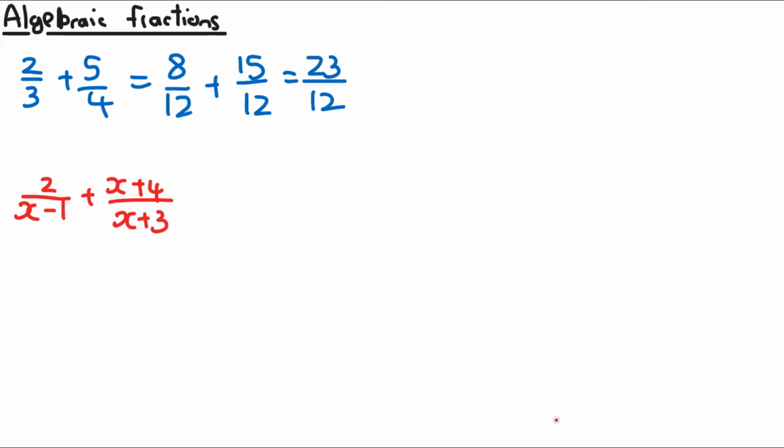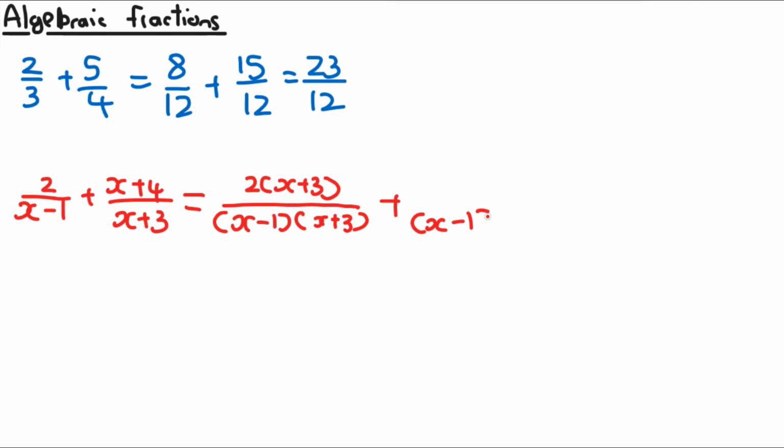And if we wanted to add an algebraic fraction, we also need to make the denominators the same. So here the denominators are different, and we make the denominator the same, so we're going to make it (x minus 1)(x plus 3). So we need to times this whole thing by x plus 3, so we times the denominator by x plus 3 to get (x minus 1)(x plus 3), and then we times the numerator by x plus 3 to get 2(x plus 3). And then for this we times everything by x minus 1 to get the numerator as x, denominator as (x minus 1)(x plus 3), and then the numerator as (x plus 4)(x minus 1). So we times both sides by x minus 1, and now therefore we can make the whole thing 1 because the denominators are the same,